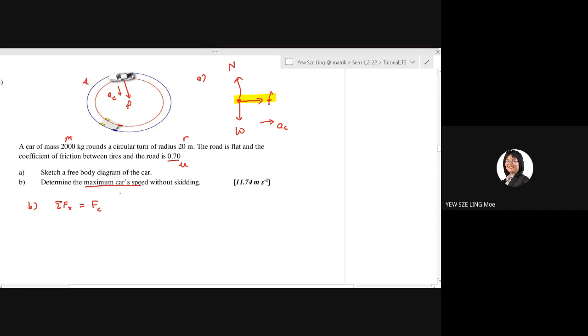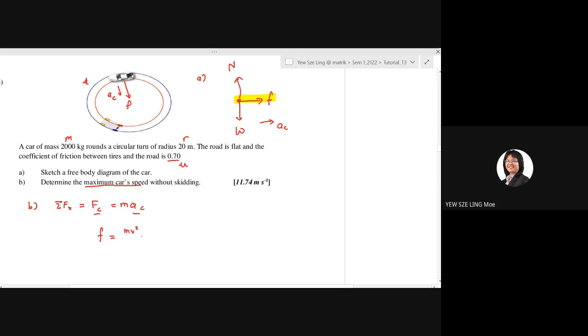Okay, now summation Fx equals to Fc, and then it is equals to mac. Remember, a should be centripetal acceleration. So for centripetal force, you use centripetal acceleration. For linear force, you use linear acceleration. So Fc equals to mac. Now, if you look at my free body diagram, the force that causes my object to move in a circular motion is just a frictional force. Therefore, I'm going to expand these equations to F equals to